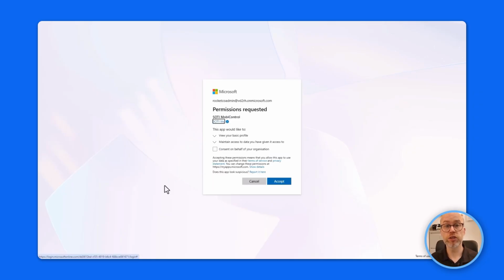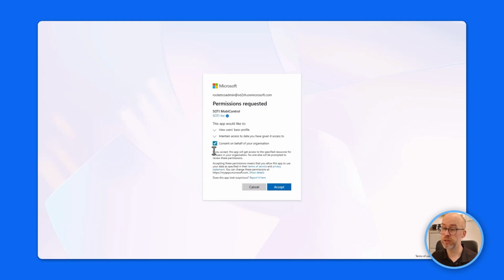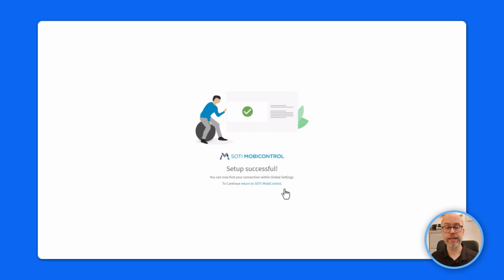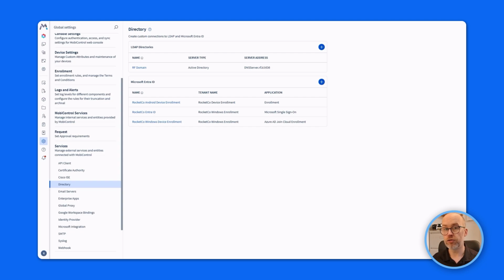Please note, the individual signing into the Microsoft Entra ID portal will need to be an administrator with the ability to consent for these permissions on behalf of the organization. Once this is done, we have a successful setup message and we can return to the SOTI MobiControl console. Now that we've created our directory connection with Microsoft Entra ID, we should be able to proceed with creating an